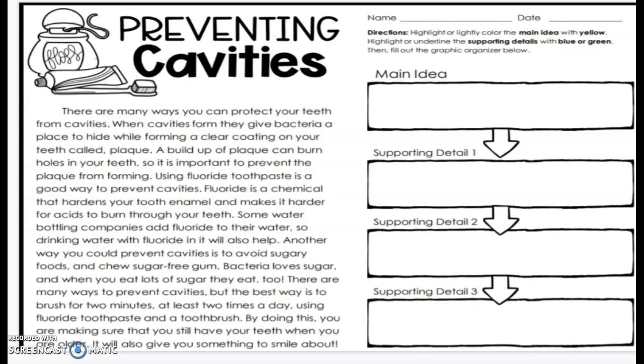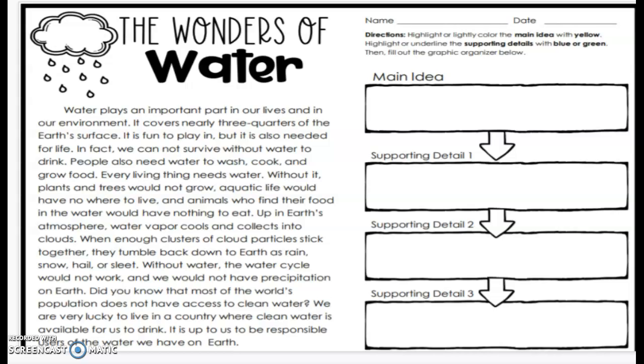You'll do the same thing in the Preventing Cavities article, so make sure that you're reading it carefully so that you're identifying the main idea and the supporting details. Remember what we talked about with the location of where we typically find main ideas, and that will help you as well. So read both passages, highlight the main idea with yellow, the supporting details with blue or green,